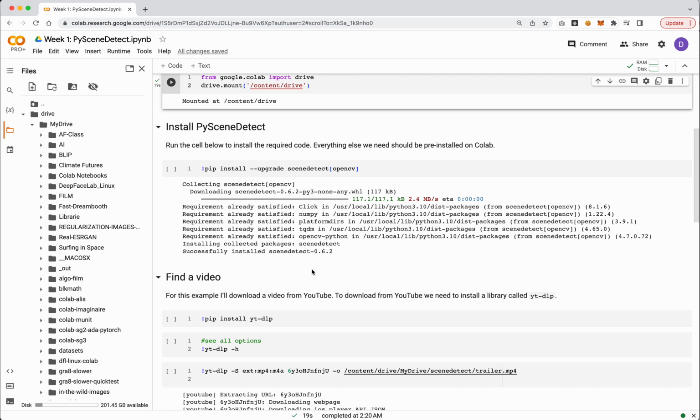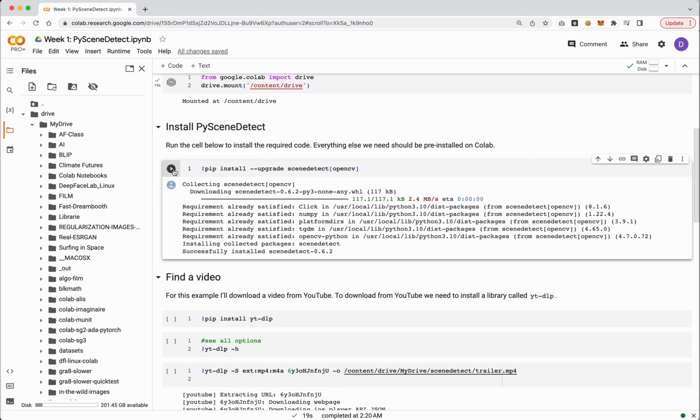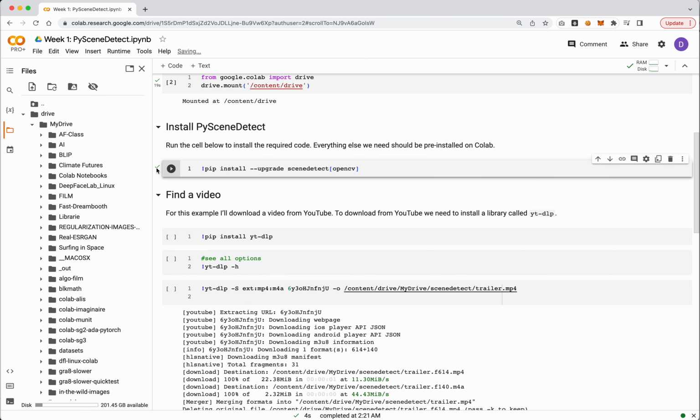Next we need to actually install the Piscine Detect program. The way to do that is to run this cell. Don't worry about what this means, but for those of you who are programmers, we're using pip, which is a Python installation program, and it basically runs all Python stuff. Pretty much everything we're going to look at in this class is Python or Bash. So that is now run. There's no real way to check to make sure it exists, so we just know it ran correctly. We didn't get any error messages there.